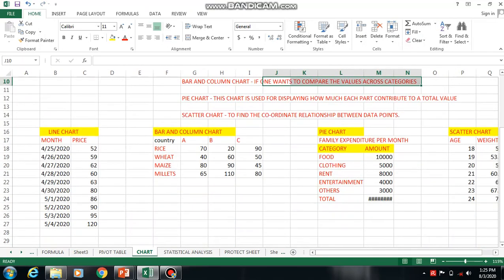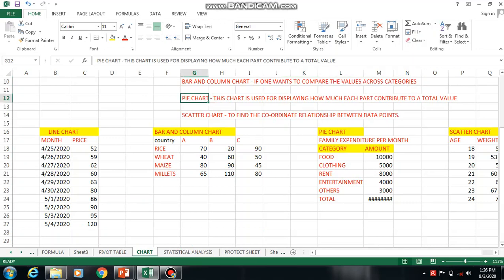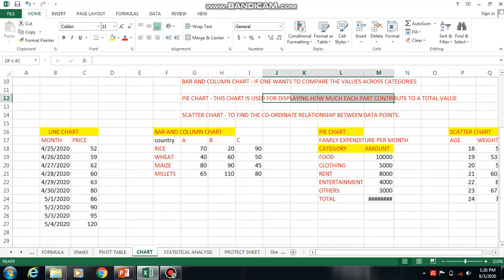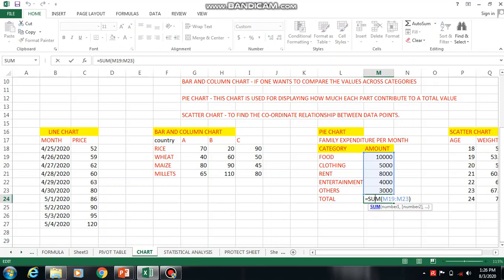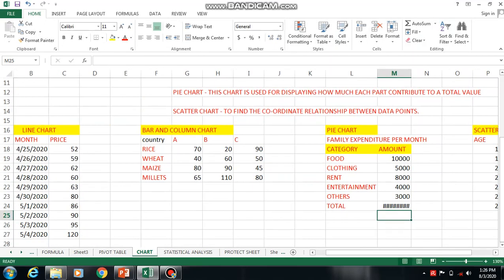Next we see the pie chart. I told you that we will use the pie chart if you want to display how much each part contributes to a total value. See here, for example, this is the category, and each category is food and so on.